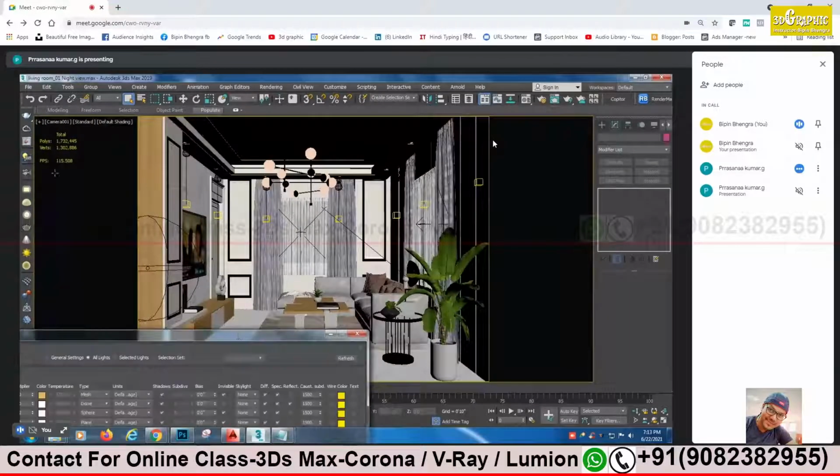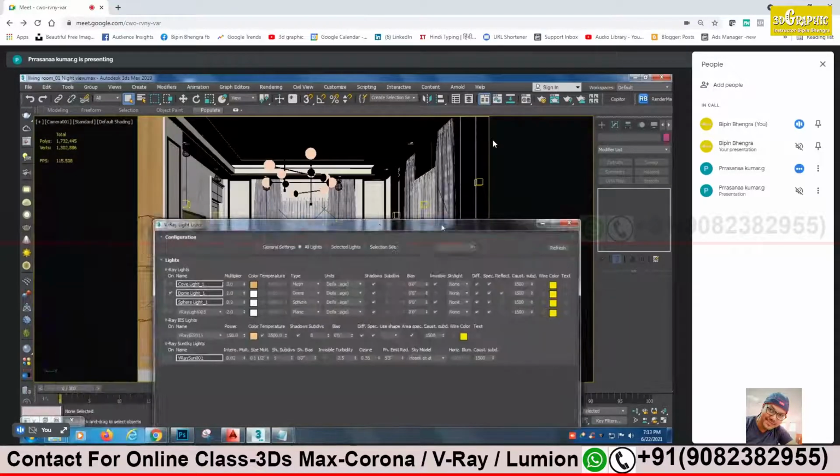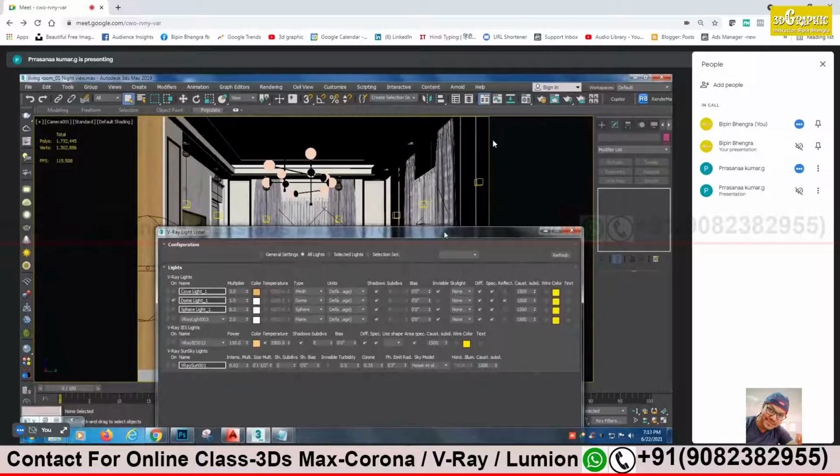We will start with the window. See, even for the night scene, some light will come from the outside, no? Yes, the outside sources will be there. A little bit. Suppose there are the stars and the moonlight. At night it comes as blue light. So the window, we have placed that plane light, no? Yes, sir. Two V-Ray plane lights we have placed. Yes, correct. We just turn those on.